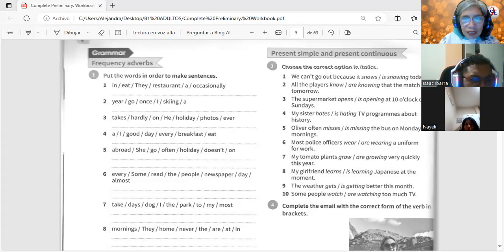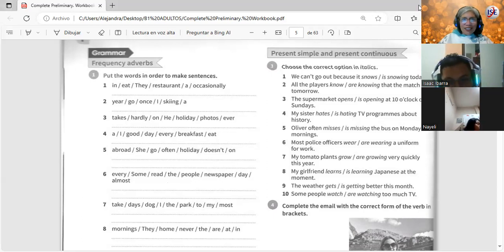Simple present is the thing that is happening at the moment. No, the other way. Present progressive is when the activity is happening at the moment of speaking. Okay, and simple present is when the activity is a routine or a habit or something that you do periodically.